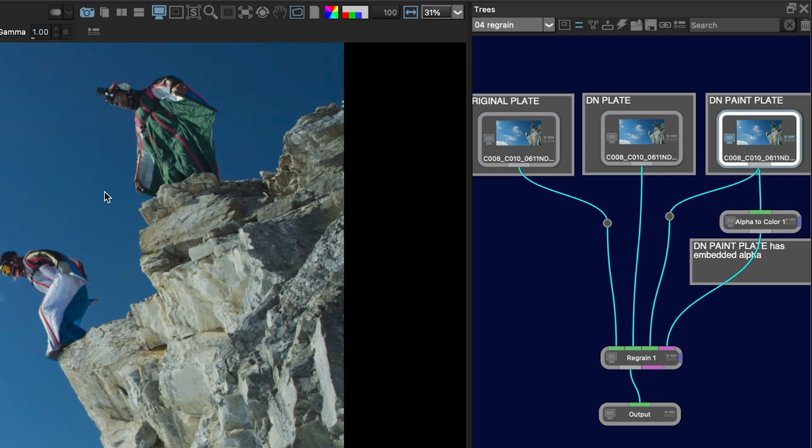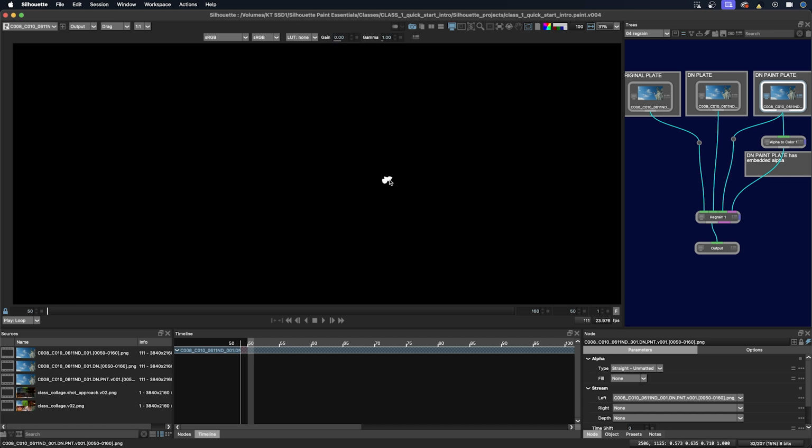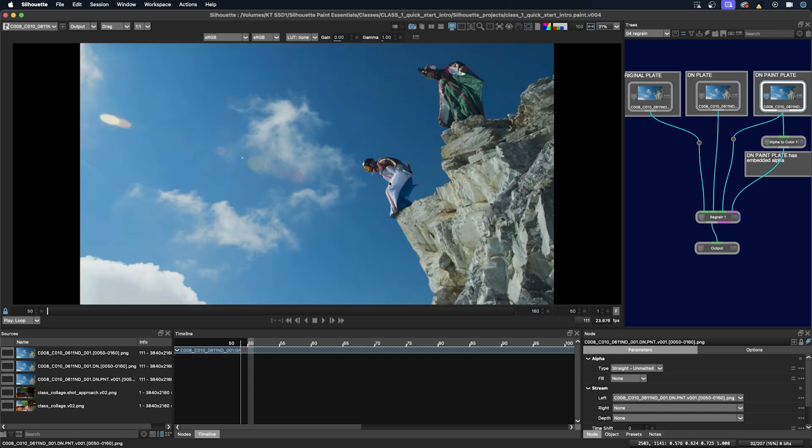Let's click on that and click A, and you can see that's where the alpha channel is. I've also put an alpha to color node below this to put the alpha channel into all of the different channels of the image. Then we pipe this into the matte image inside the regrain node itself. So now we are set up to regrain just the areas where the paint was done.